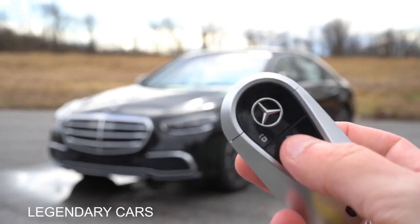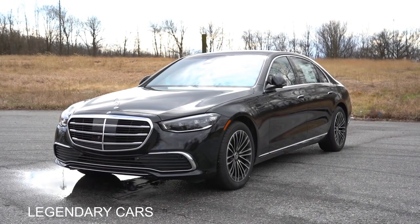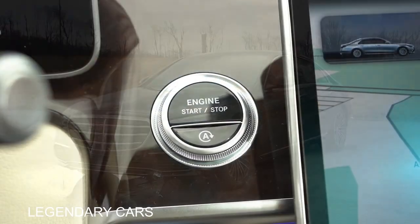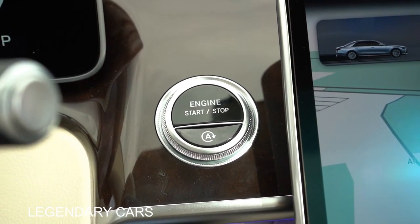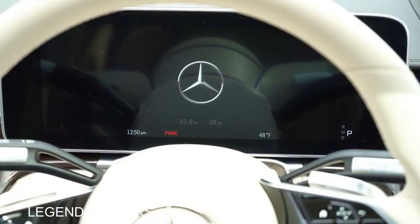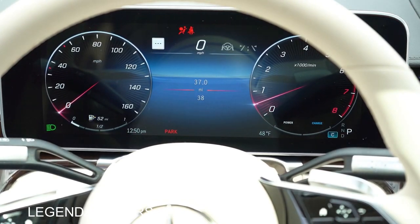But if you wanted a remote start, that can be had by simply downloading the Mercedes Me app, and then you can have the remote start paired to your car, and there is a keyless entry with the push button start. So all I'm going to do here, simply put my phone on the brake and press that engine start button located just to the left of that infotainment system. And so once started up, there is a 12.3-inch digital gauge cluster that will come standard, which is completely customizable